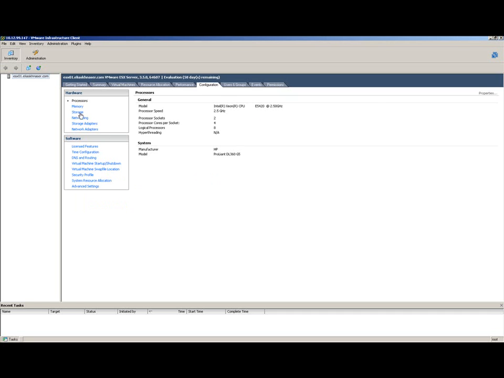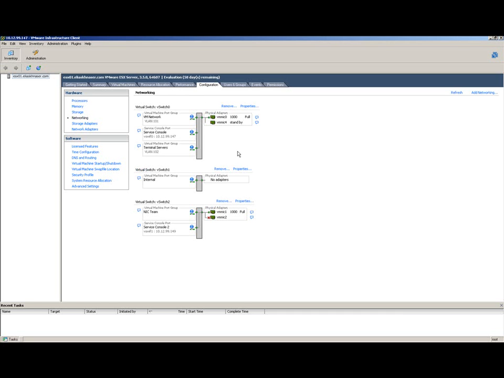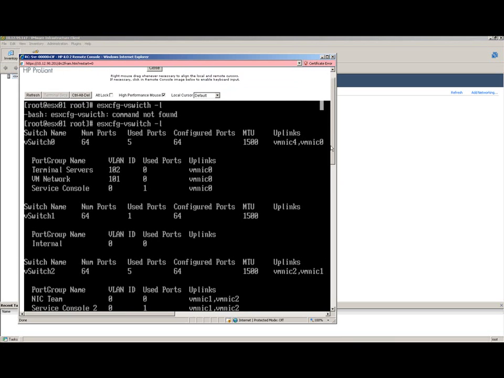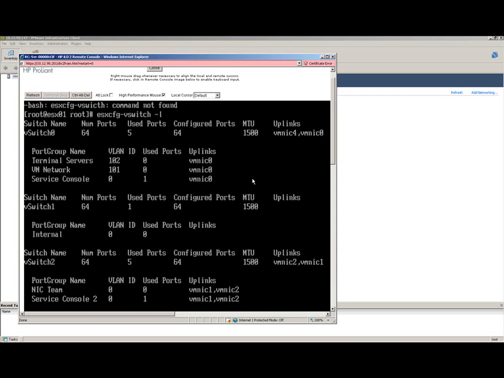Let's see if we can figure out what we did here, even though we've probably removed it. Well, there it is. VMNIC4 is still configured because it only removed it from the configuration file, as you can see here back on the ILO. Let me scroll up here so you guys can see this a little more clearly. Alright, I guess I can't scroll back up, but it gave me an answer when I removed VMNIC4 that it